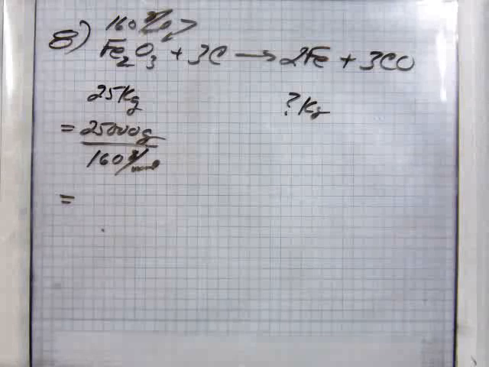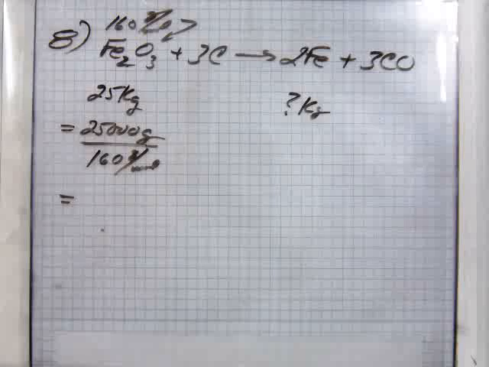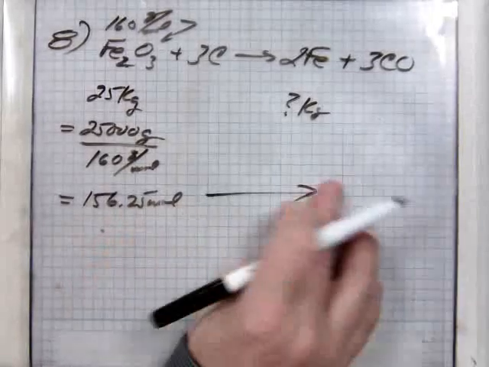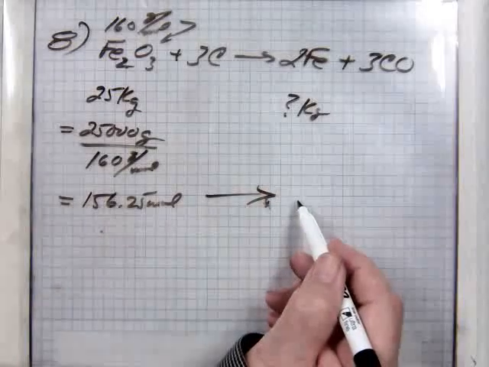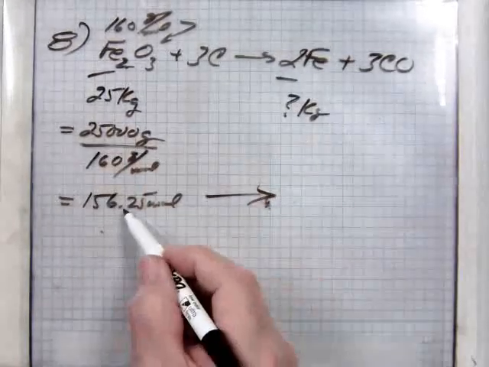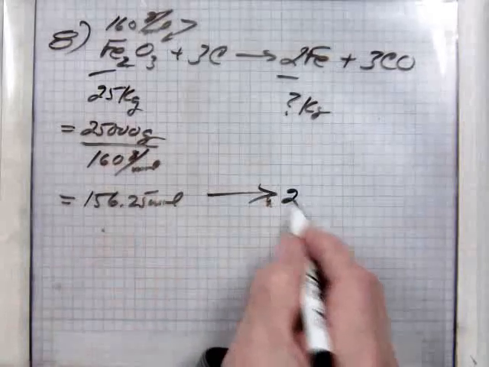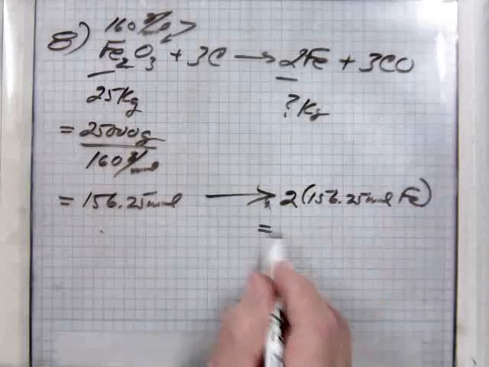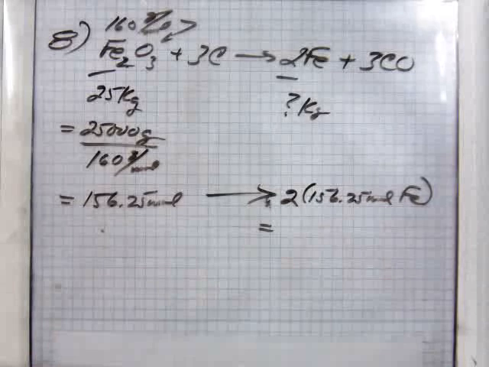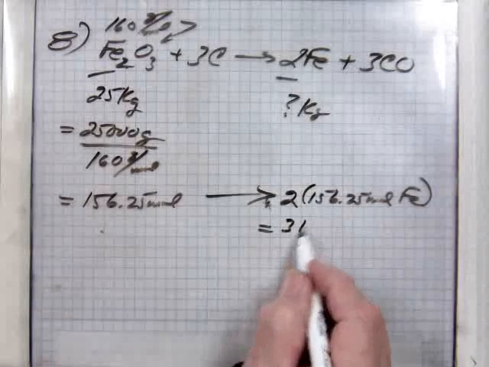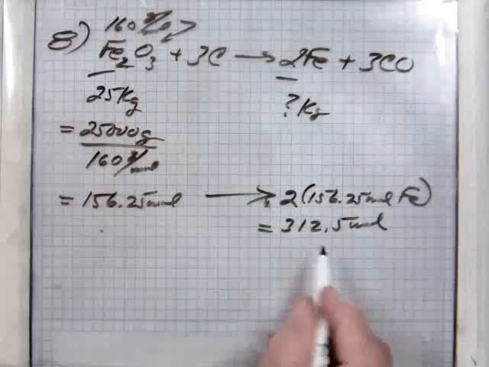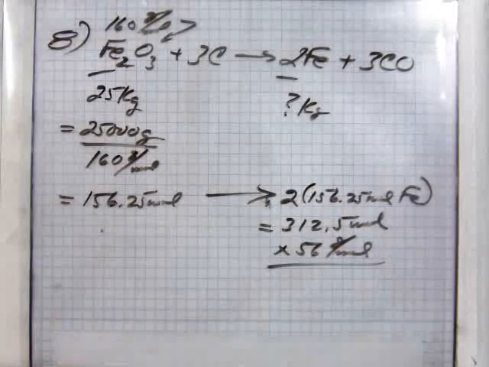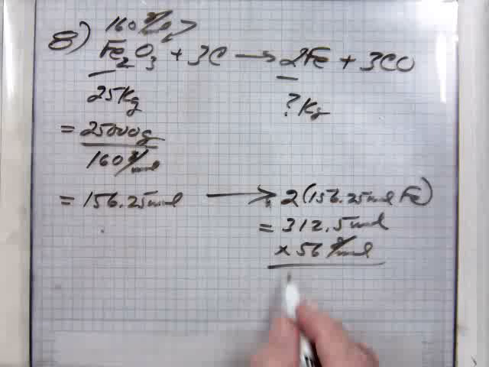So 25,000 divided by 160 is 156.25 mole. Okay. So how many moles do we have over here? If this is a 1 to 2, what should I do? Double. That's right. So it'd be 2 times 156.25 mole of iron yield. That times 2 equals 312.5 moles. Okay, and that's times 56 grams per mole for iron. And so we have 17,500